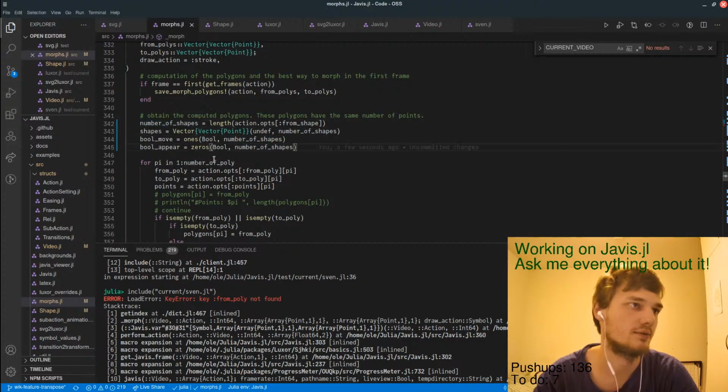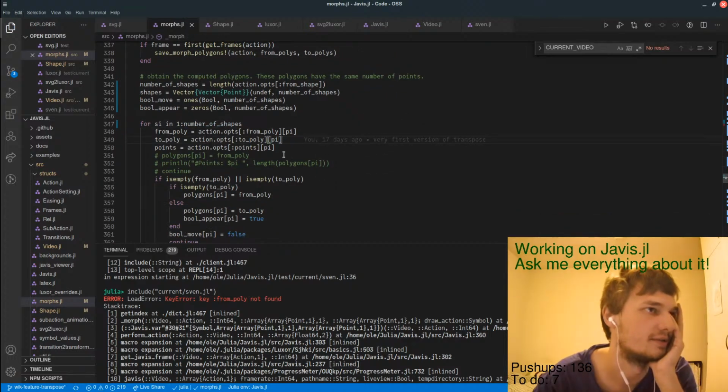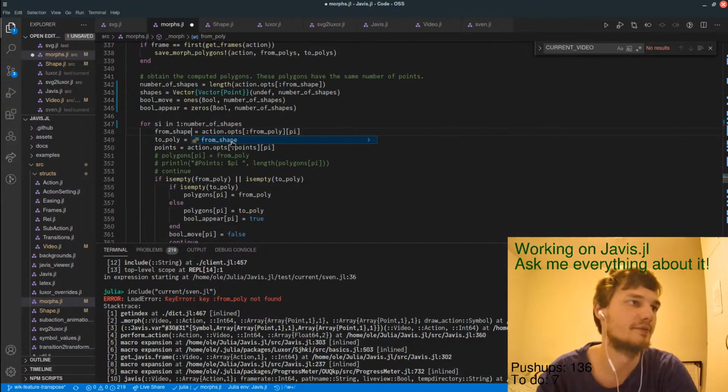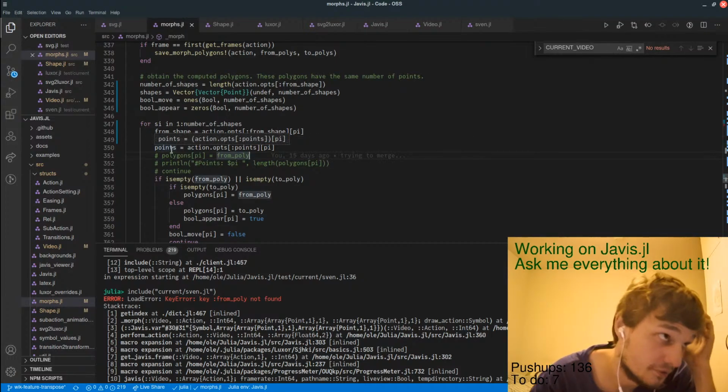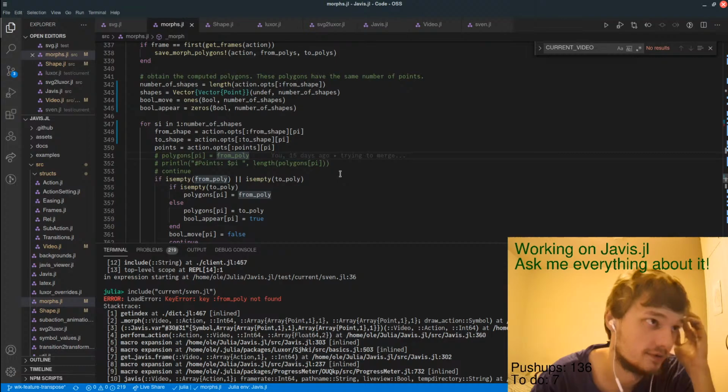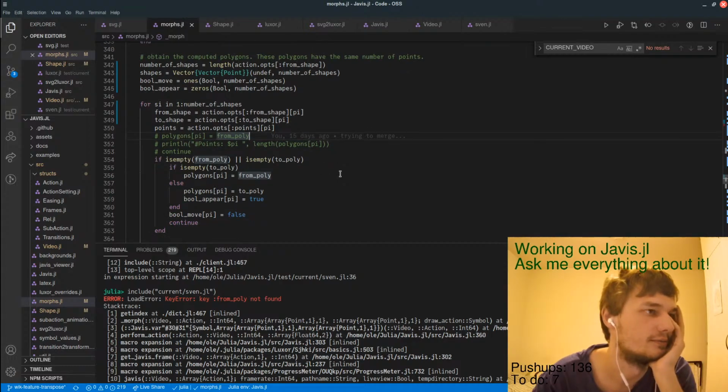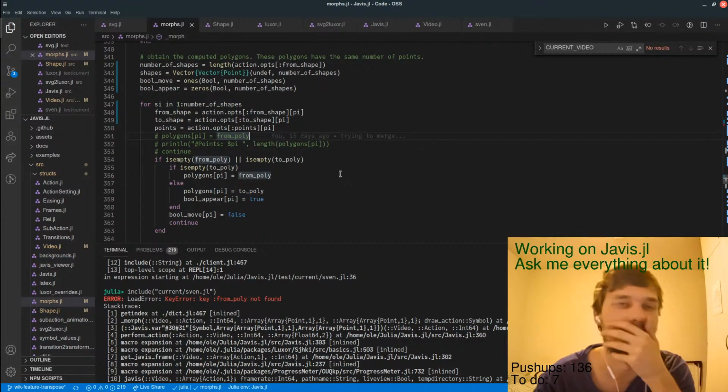Yes. This is now kind of shape index counter iterator. So from shape to shape. So the points always save like the current points we want to draw, or like the interpolation shape basically.